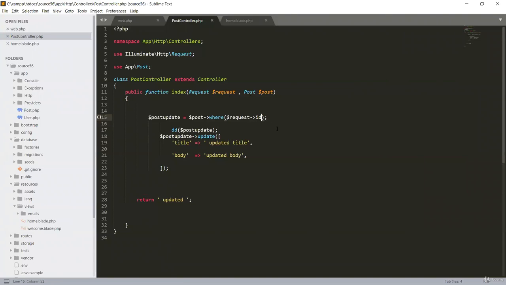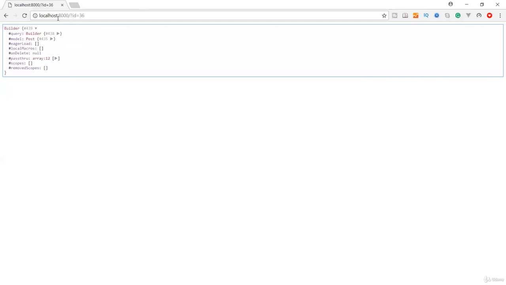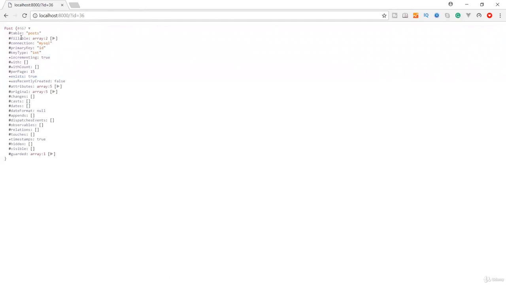Come to the browser and remove this id, right? Okay, now 36, find it, and say we have a builder but it is not accessing our data. So to find the exact data we have to give, if we use where id is this, and get this id first record. So only one record we require, the id is matching at this time, and it will return the post model,